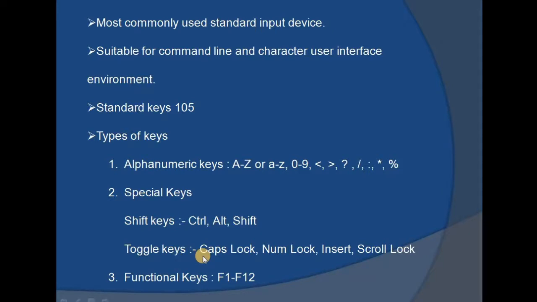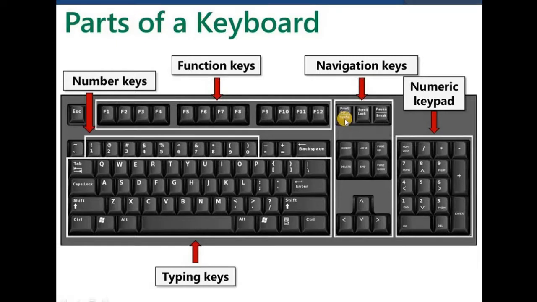Toggle means changing the state from 0 to 1 and 1 to 0, or going one step ahead, and when you press that button again, it will return back to its original state. Like again we have this print screen and scroll lock. Like in mobile devices, most of the time we take screenshots. Similarly, when you want to take a screenshot of your monitor or desktop, whatever you are seeing, if you press this print screen button, whatever is present on your entire monitor screen will be captured.